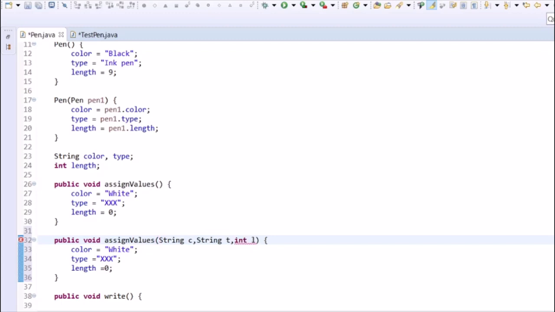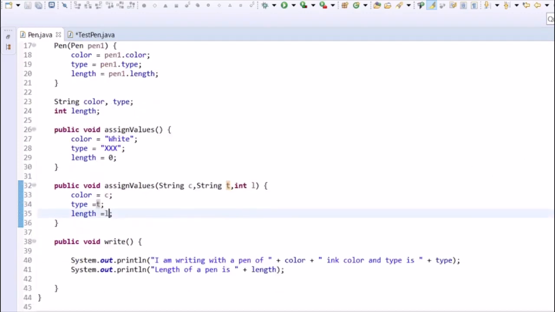And let's assign these values to the instance variables color, type, and length. So now we are defining methods with the same name but either a different number or different type of arguments.